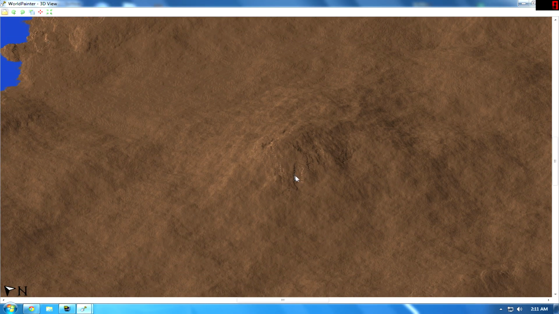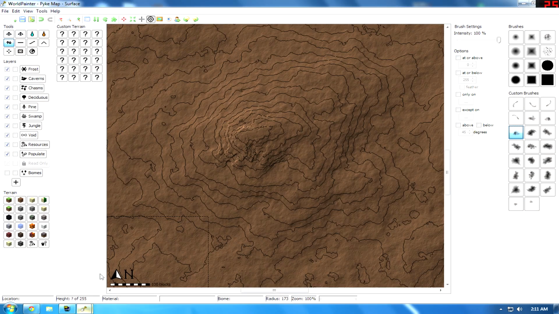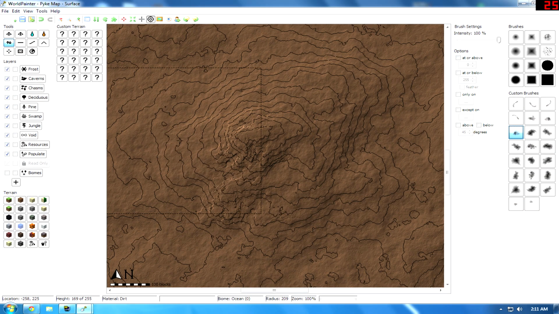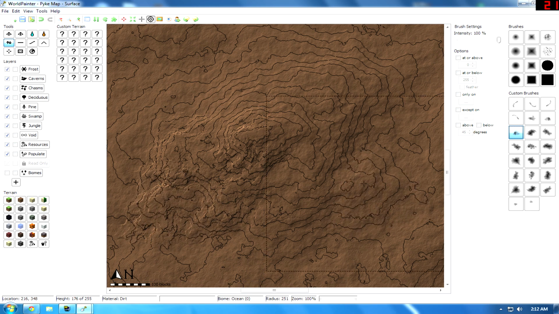And right there, you can already see it has broken up the terrain tremendously. It has already made the top of that hill look a billion times better. So if we do that a little bit more around the area,